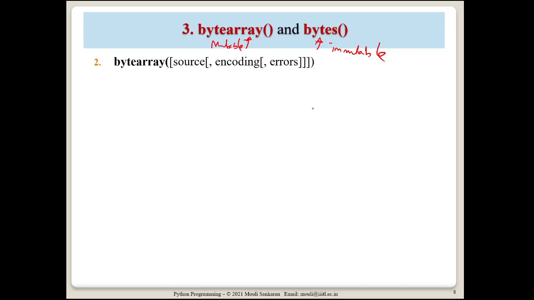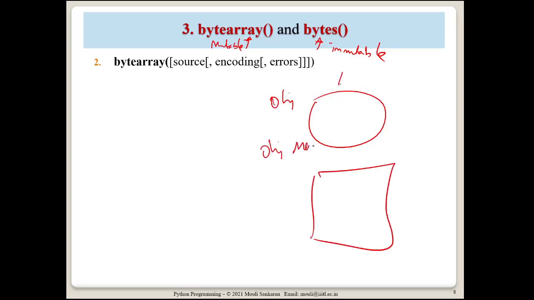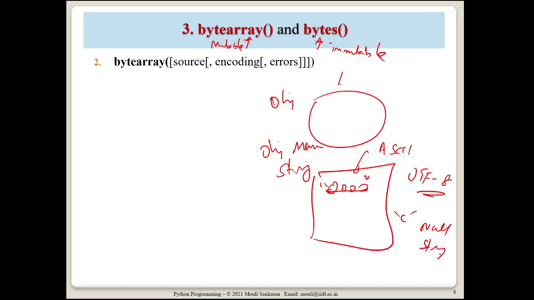We want to see what happens when you create an object. Basically, the object is itself in the memory, right? Object memory. It's part of some object memory. When you say string, in C we have only a list of characters, and then based on the encoding, either ASCII or UTF-8, different encodings will be there for those characters. In C we used to have a null terminated string, whereas here there is nothing called null termination because there is a length maintained for every